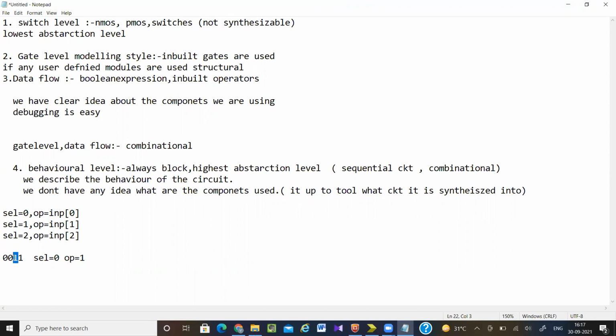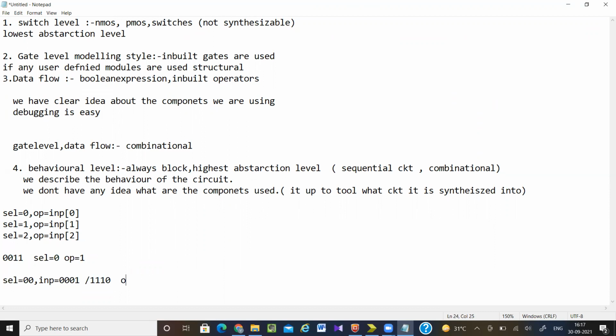So if you are generating some input like this, then obviously you cannot say that your design is correct. So what kind of input should you generate? If your select line equal to 00, then your input should be 0001 or 1110.